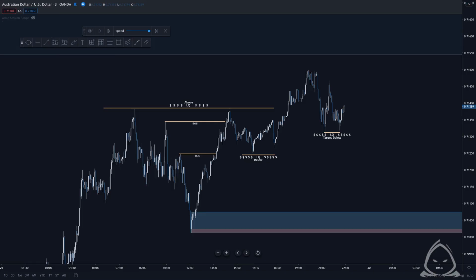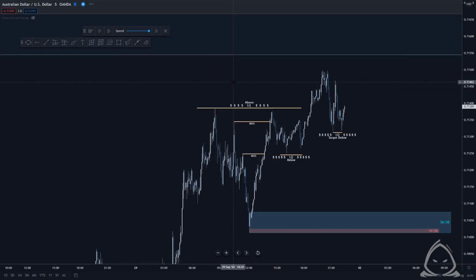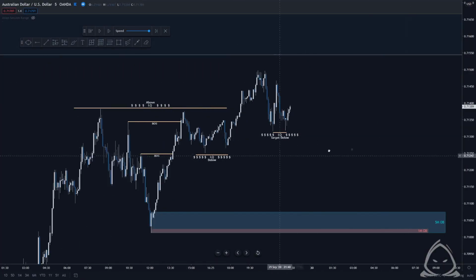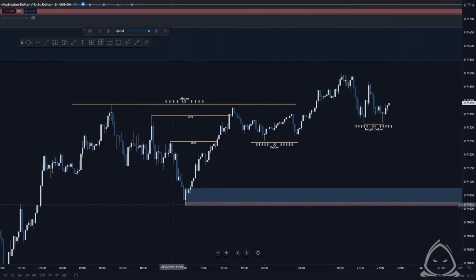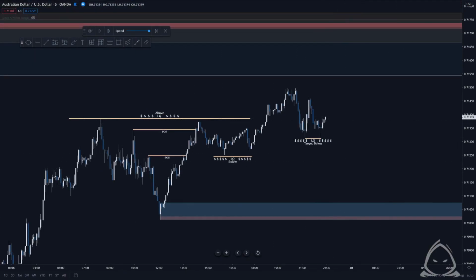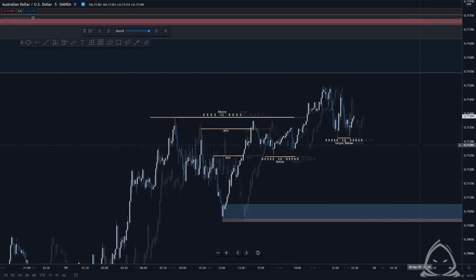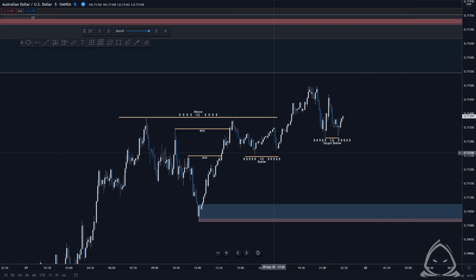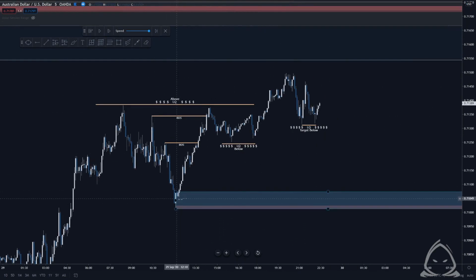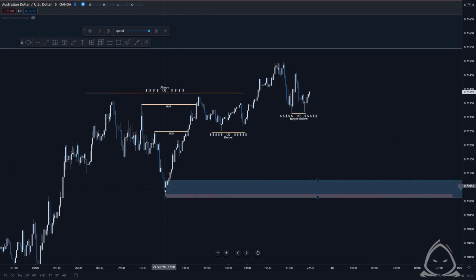What I'm looking for when I trade a setup like this, it could be on the, let's go to the 5 minute. Right, we have our 1 hour order block set right here. At this point, I'm already asleep, but I set it. I was confident that price would run into it. We have liquidity taken out here. We have liquidity zones here and here. We have an order block down here, break of structures, and a bit of inefficiency on the 15 minute going